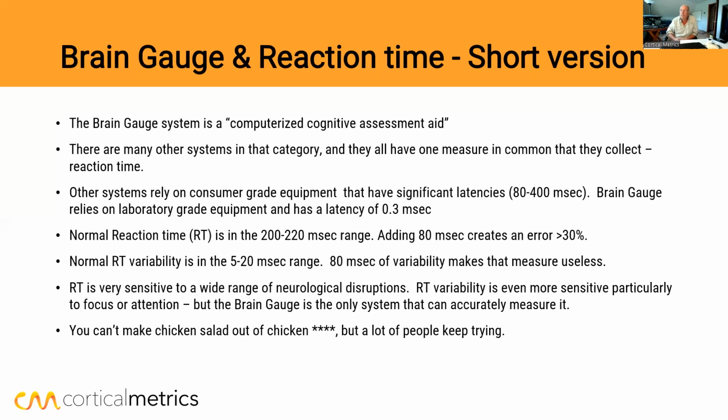But a lot of people keep trying, particularly a lot of researchers. You have all these errors, and these people are kind of knuckleheads, to be quite frank. They keep saying, oh no, we're going to collect data from 5,000 people and show that there's a difference between these two populations. And if they collect enough data, yeah, they can average out those errors. Well, we designed the Brain Gauge so that you could use it on one person at a time, not so that we could support this